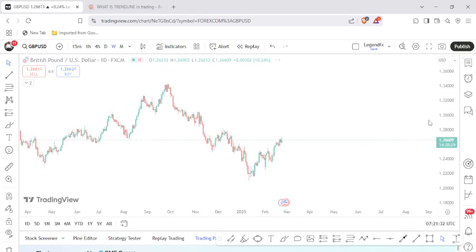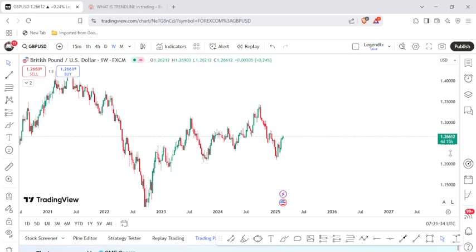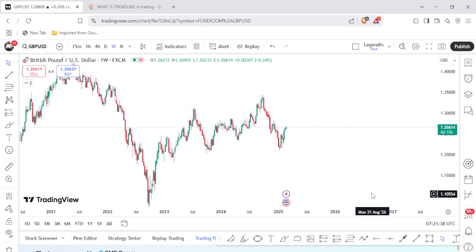Follow me carefully. If you know how to read structure very well, you will attest to what I'm about to show you. This got me confused, and within the week I took my time to re-analyze GBP. What is really going on? Is the trend now pointing up, or are we still in the downtrend? So I've been able to find this out. If you know how to read market structure, and if you don't, please watch my previous video on how to read market structure. Whether you're a swing trader, day trader, or scalper, it will help you. So now check this, follow me.